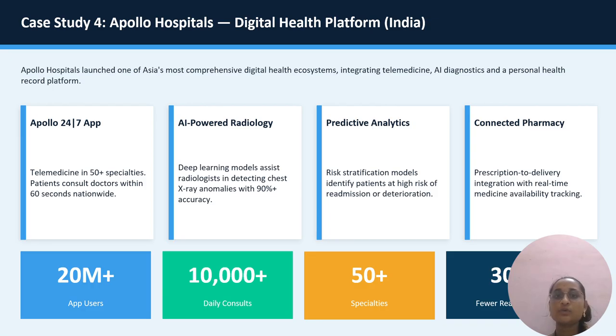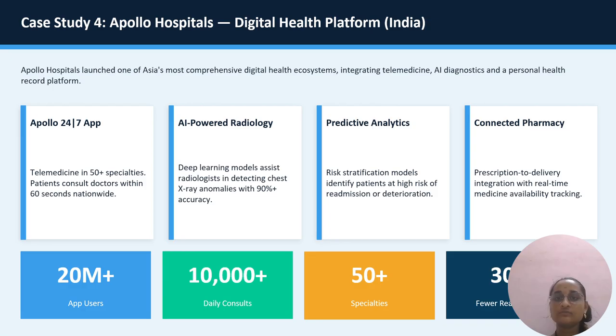First, the four core features are the Apollo 24/7 app, and next is AI-powered radiology. The third one is predictive analytics, and the fourth one is connected pharmacy. And the results: over 20 million people use the Apollo 24/7 app. More than 10,000 online consultations happen every day. Over 50 different medical specialties are covered on the platform, and